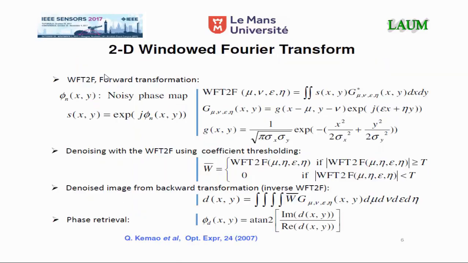The 2D windowed Fourier transform consists of projections of the input signal onto a family of waveforms computed from translation in the spatial domain and modulation in the frequency domain of a Gaussian kernel. The complex coefficients of the projections are then thresholded with a fixed threshold applied on their modulus, leaving the phase unchanged. A backward transformation, which is the sum of the components of the 2D Fourier transform weighted with a threshold coefficient, leads to the processed image. And finally, an arc-tangent operation is needed to retrieve the denoised phase.